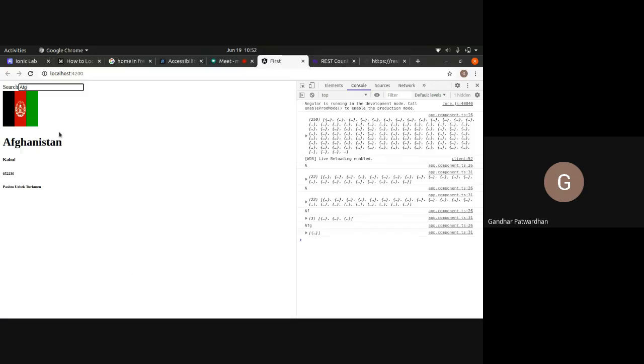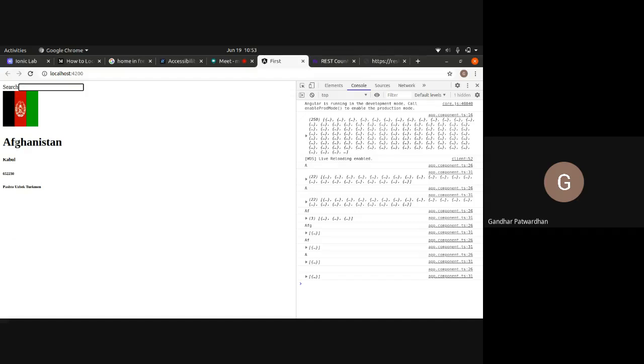And if I type G, I'll get only Afghanistan. But what happens is that if I remove this search string, the countries which I see are only the same country. That is because we have changed our countries array. So the countries array, which initially used to include 250 elements, now only includes 3 elements, or for that matter, 1 element, because we typed AFG.